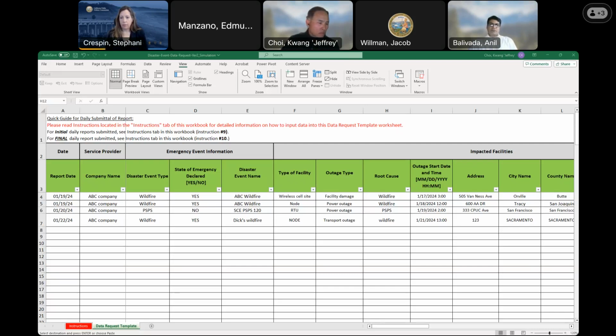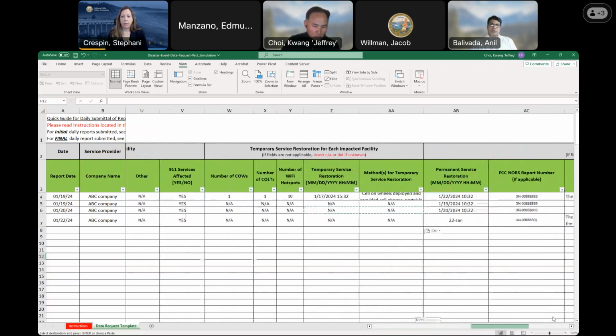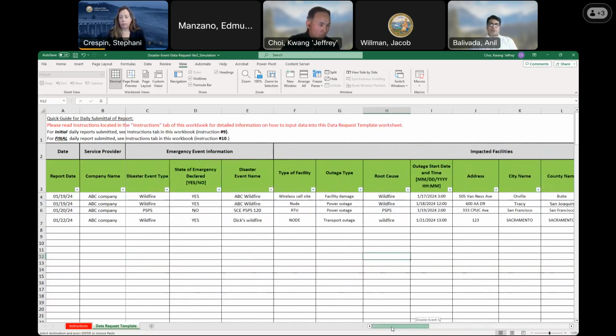That is something we are looking forward to in a collaborative way, getting this report so that we don't have to enforce too much on the reporting. And as Stephanie and Jeffrey mentioned, if you have any questions, don't wait for the last minute.